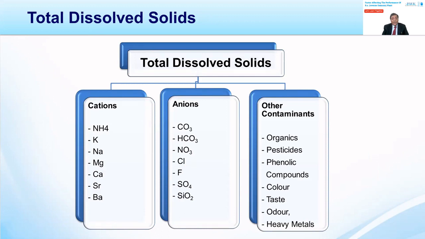And the individual concentrations of these cations and anions we can check in the raw water, but they exist in different forms. Maybe the sodium will be existing in a molecular form as sodium carbonate, or calcium will be in calcium carbonate, calcium bicarbonate, and sodium chloride or sodium fluoride. The combination of these molecules is different, but we are more concerned about the concentration of the ion,